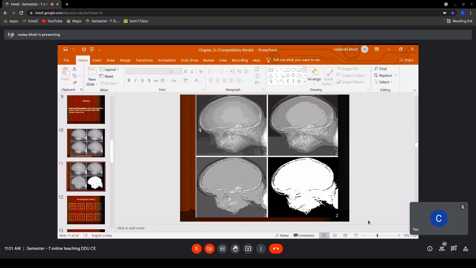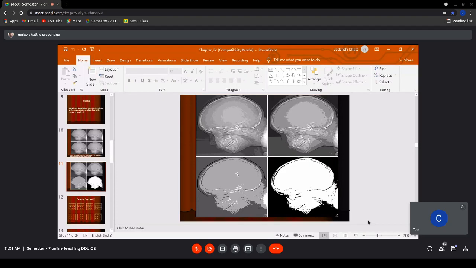So you can see that when you go to 16 gray levels, you don't see the smooth areas. You will see a lot of change in the smooth areas. Then from 16 gray levels, when you go to 8 gray levels, a 3-bit image, m cross n cross 2 raised to 3, you can see a very big circle in the head, which is further reducing the number of gray levels.